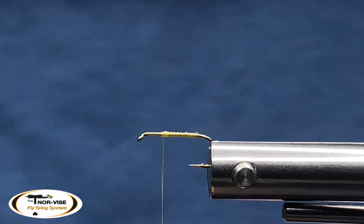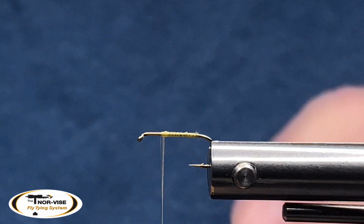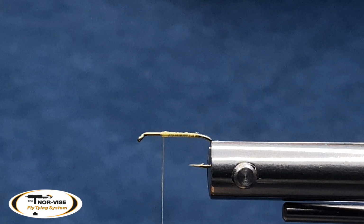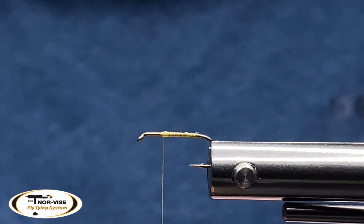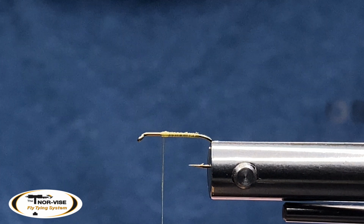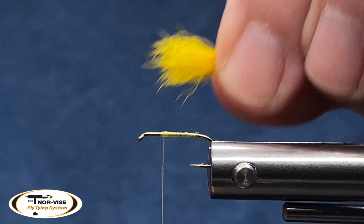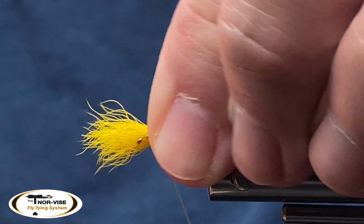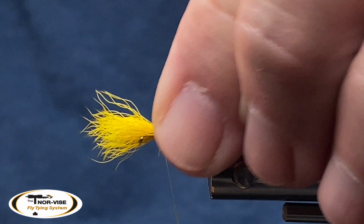We really want to take the time to make sure that those fibers are lined up the way that we want them to. And you can see right there, we've done a pretty decent job of that. It doesn't have to be perfect, but you just want to get it really, really close. So I am using some yellow Semperfli Nano Silk in this particular pattern. And I've actually put a little bit of wax on my thread to help in gripping this particular material so it doesn't necessarily slip on me